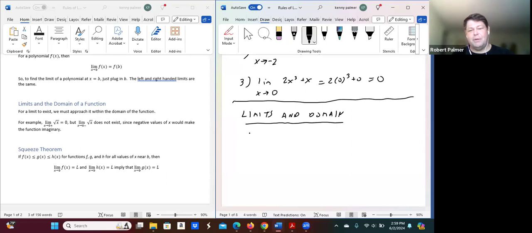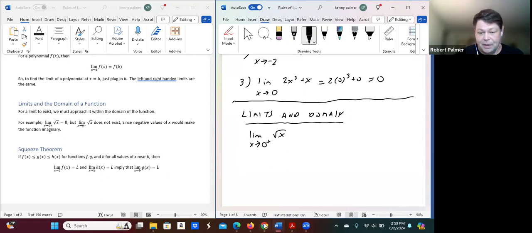Okay, so I'll give you an example. If we take the limit of x as x goes to 0 from the right of the square root of x, this is a good example. This is not a polynomial, okay? So we can't just take it wherever we want, all right? Of course, remember this is a square root, so let's actually go to